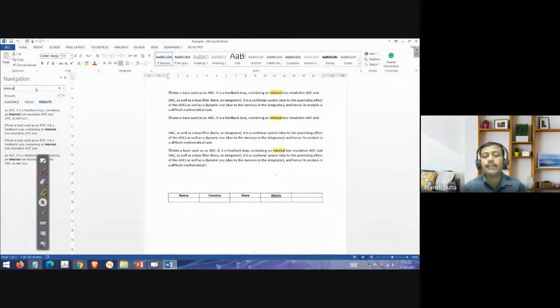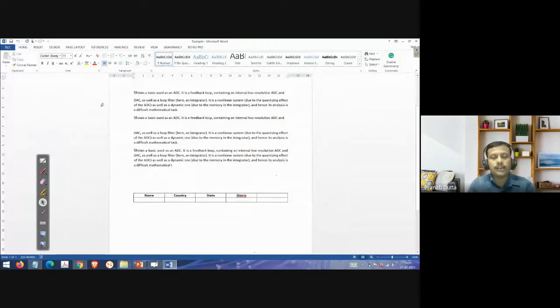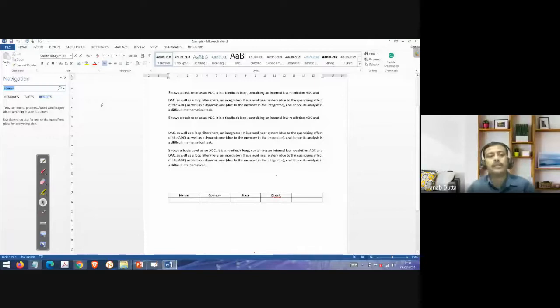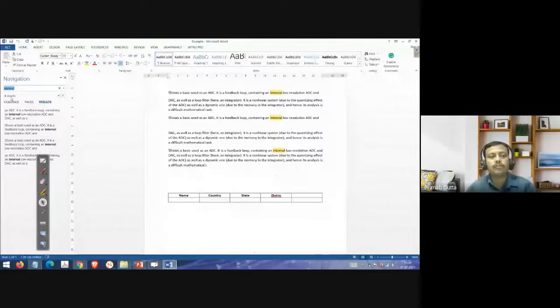That means you can easily find a particular word, whether that word is present or not. That will help you when you have a lot of students' names or a lot of items represented there, and you want to find out whether a particular student name or item is there. Just put the name of the student and find it. We can easily search for it. That can also be done by the shortcut, Control F. Directly this window will open. Here it shows how many matches it found, 4 found, like this, we'll get everything.